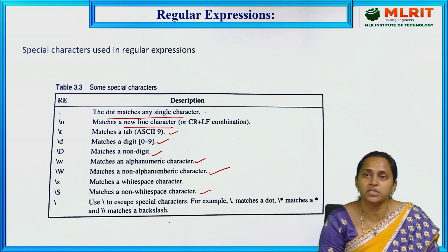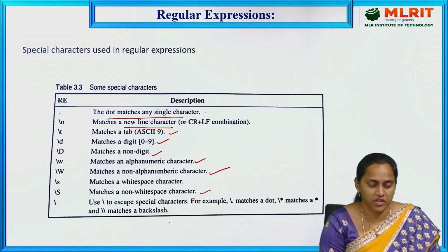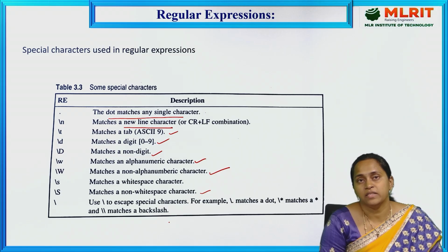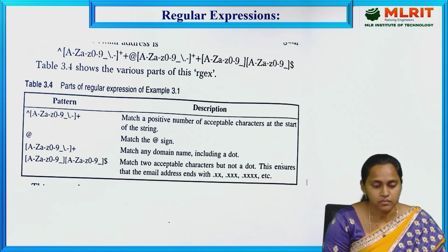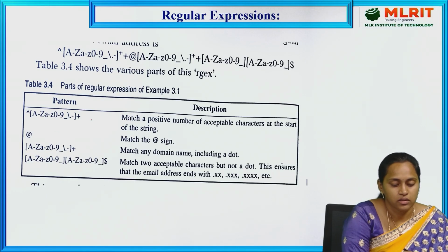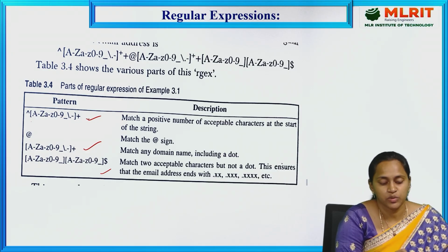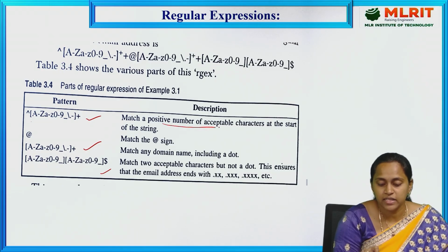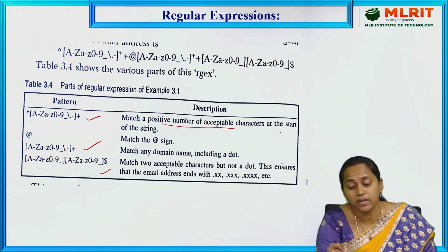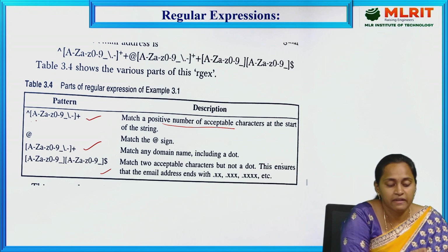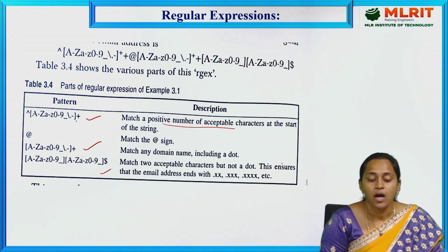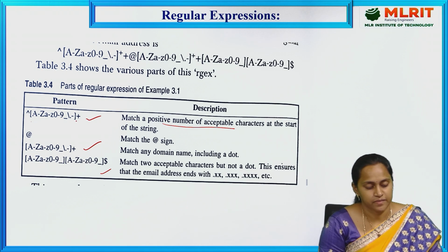That means how we are using regular expressions. We have to know all the basic things of regular expressions. It will be covered in depth in the compiler design subject. Let's see the example, how we write a regular expression. These are some basic examples of regular expressions. Some caret A to Z, small a to z, 0 to 9, underscore, slash, dot, minus or plus, match positive acceptable number of characters at the start of the string. Whatever is in these parentheses will only match the sentence.